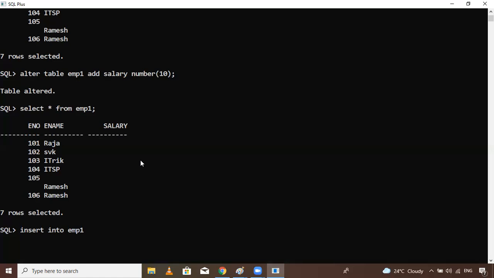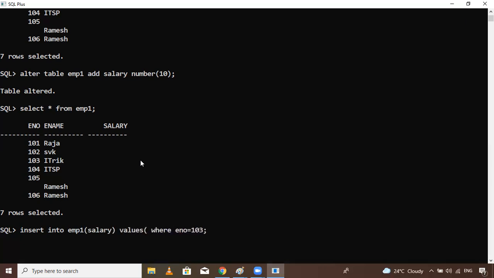Insert into EMP1 values, just pass salary, where clause I am using, where eno equals 103.